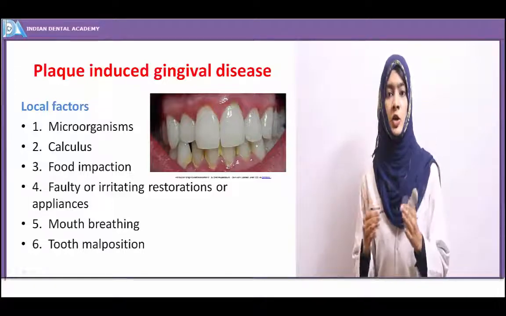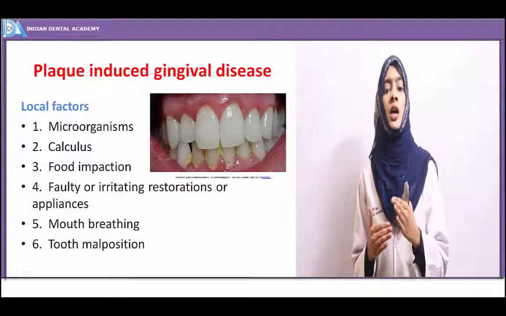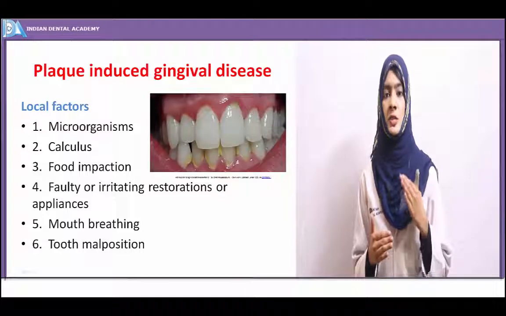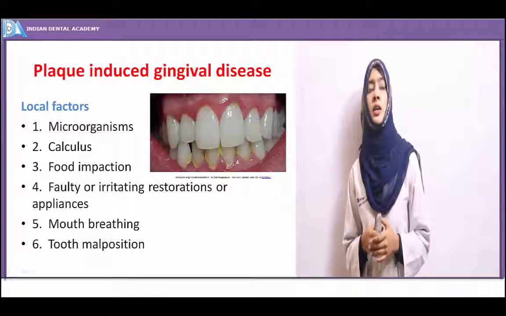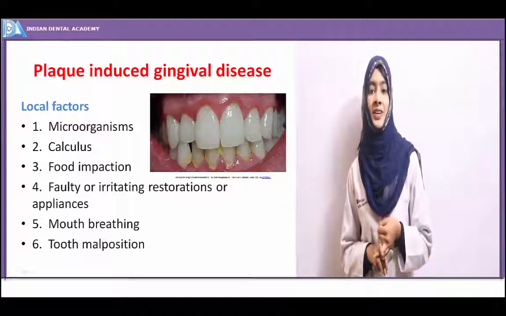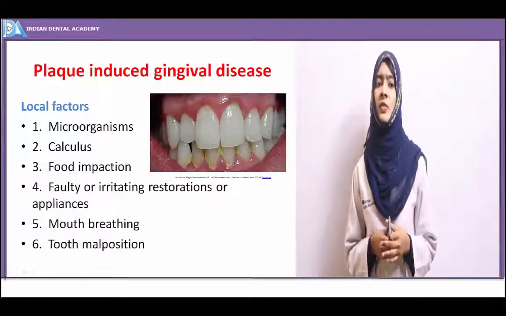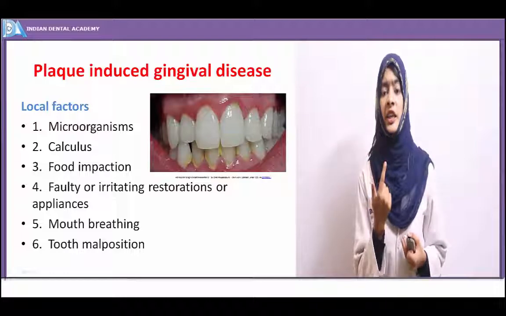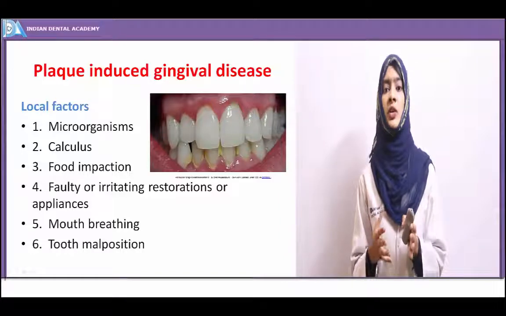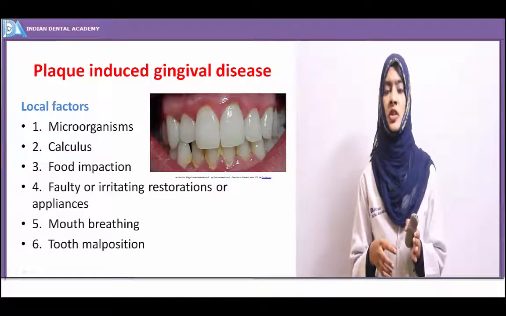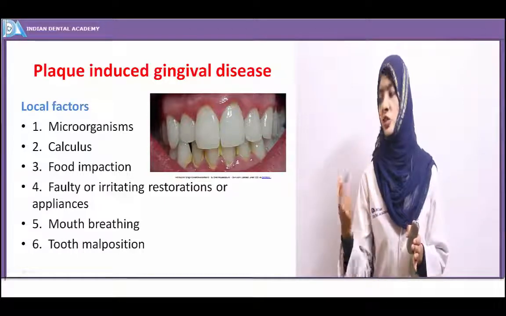But according to others, Actinomycetum comitans is the common inhabitant of the oral cavity, and it is the one most responsible for causing periodontal diseases. Okay. So the microorganisms are causative, and among the local factors, as we have discussed, calculus is the etiological factor. Again, food impaction: any food which gets stuck between the interdental areas or on the surfaces of the teeth becomes a habitat for the accumulation of microorganisms on the surface of teeth. These microorganisms ultimately multiply and lead to progression of the disease.